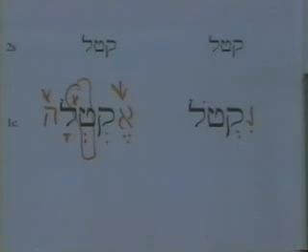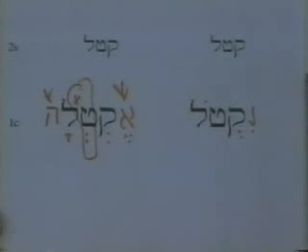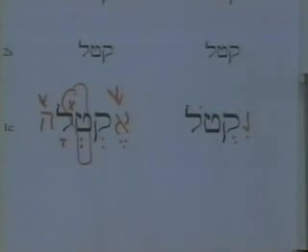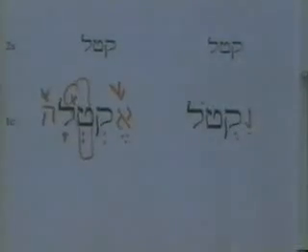I'm going to translate it, may I kill, or let me kill. May I sounds a little bit too much like a question. This is an expression of will. So probably let me is better here. They're all volitives. They're all expressions of will. You know, what I want to do, or what I will to do, or what I want you to do, or what I want him to do. Right.